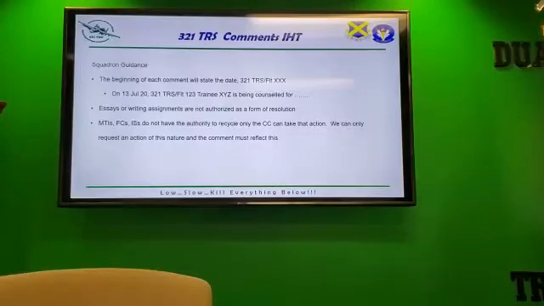If it gets to the point where you're wondering if it gets to maltreatment, come to your instructor supervisor, come to your flight commander, come to somebody that's been on the line for a while. Ask them, because the last thing you want to do is get yourself in trouble. MTIs, flight commanders, ISs, you do not have the authority to recycle. Only the commander has that. So inside your comments, we should never see anything like trainee is going to be recycled two weeks. You can say something like